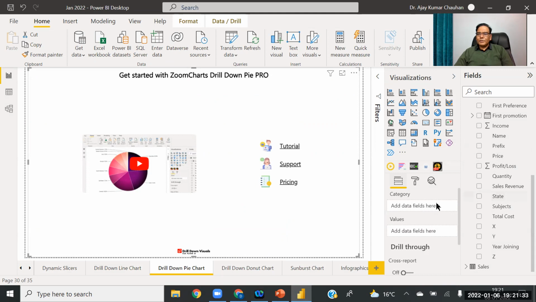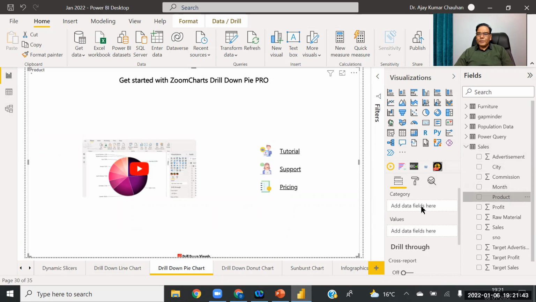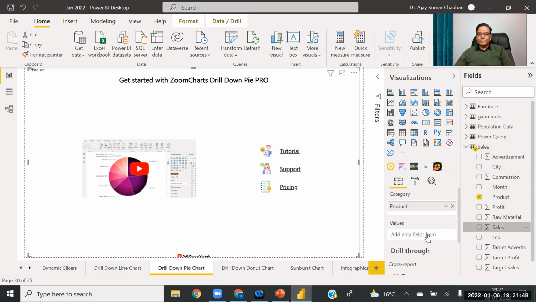We have to go to the sales data set. So product and sales.